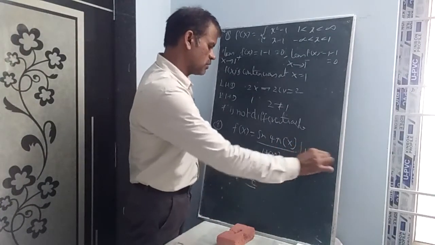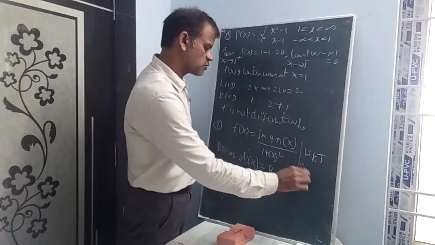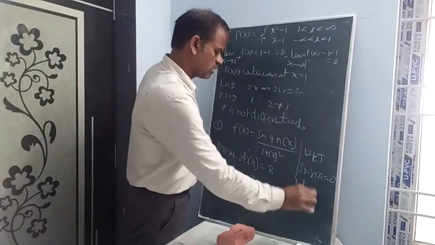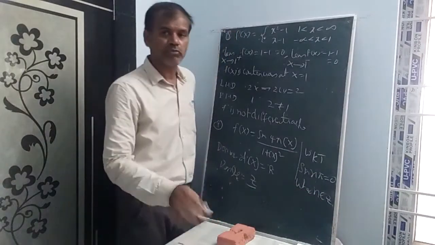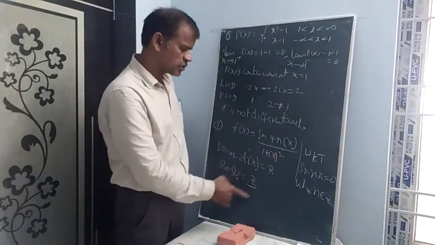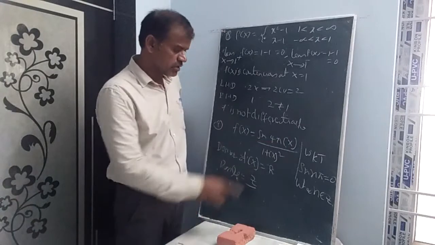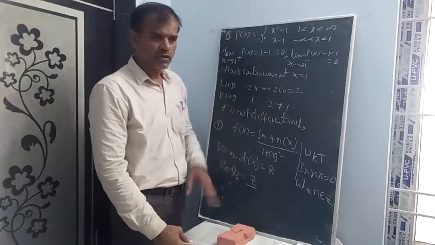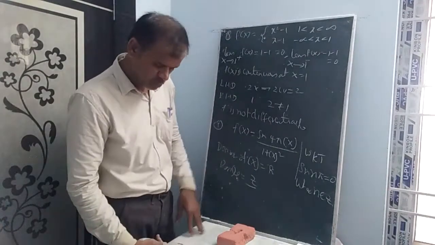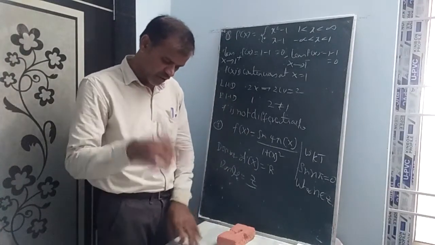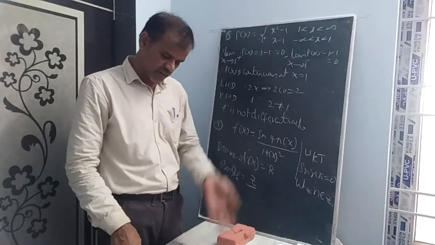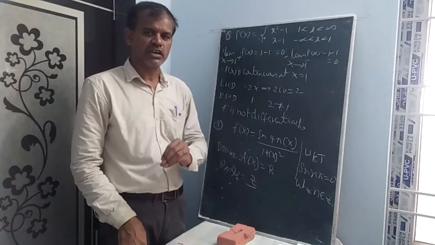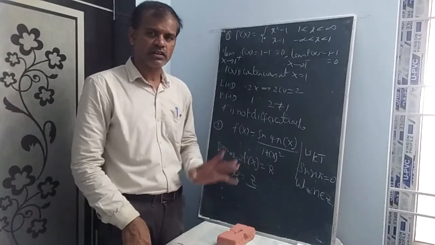We know that, and again a concept I want to discuss with you, sin n pi equal to 0, where n belongs to Z. Sin 1 pi, 2 pi, 3 pi, anything, if you substitute any value here, you will get an integer and sin n pi equal to 0. So f of x becomes always 0. You substitute any value, no problem, you will get 0 only. So the option he gave, LHD at x equal to 0 and RHD at x equal to 1 equal to 0. Not only x equal to 0 or x equal to 1, you take any real number, always you will get the answer 0 only.